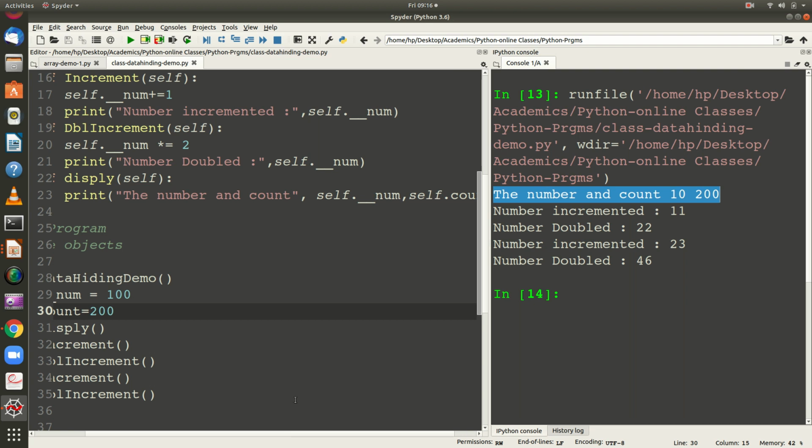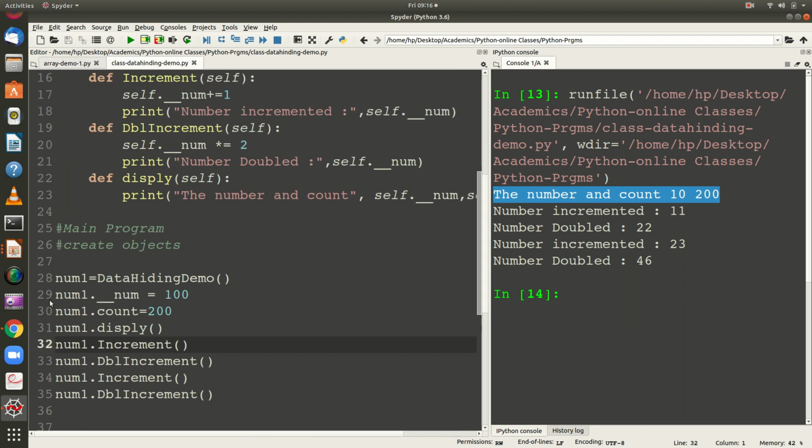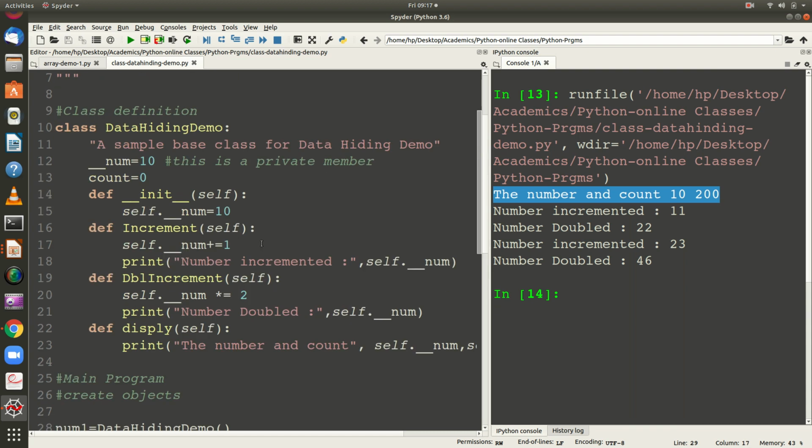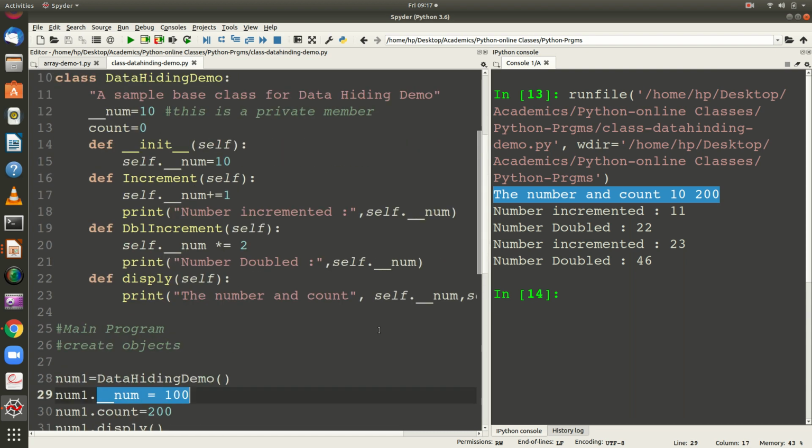Even though you have assigned 100 to this particular variable, it is not assigning 100 because this variable cannot be accessed outside the class. It can be accessed only inside the class. So you cannot assign a new value to this. Whatever you have assigned earlier, that value is taken here for displaying.